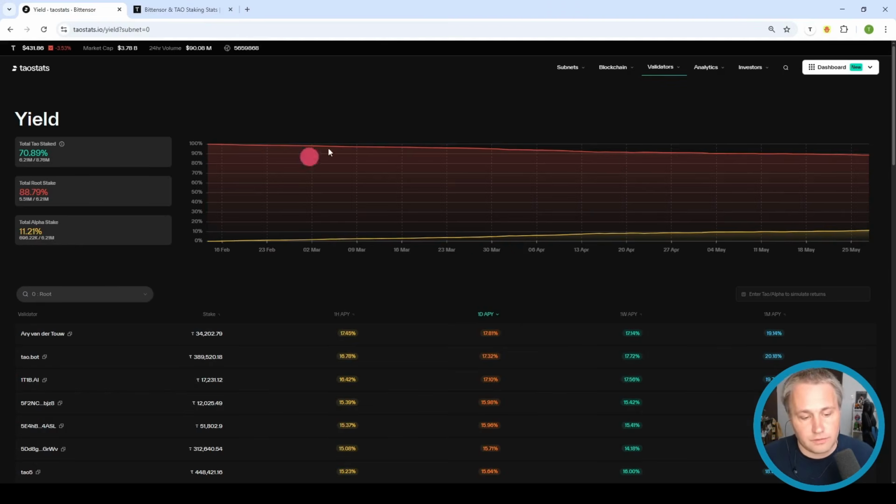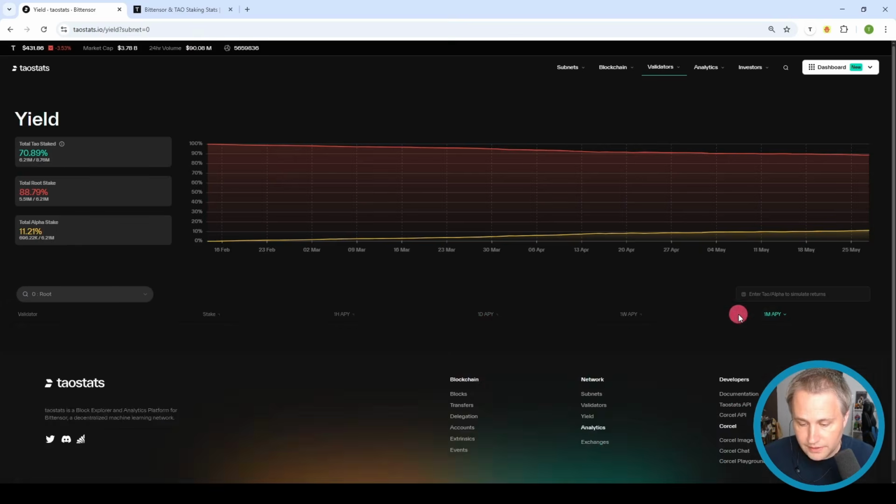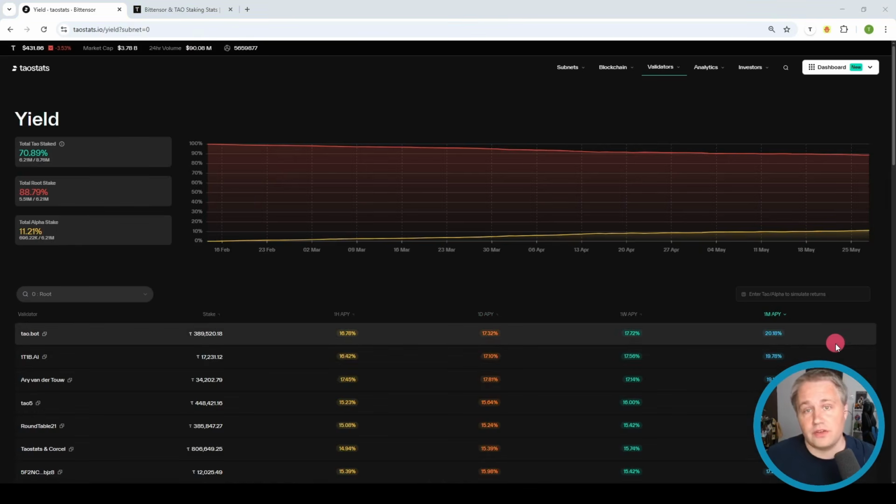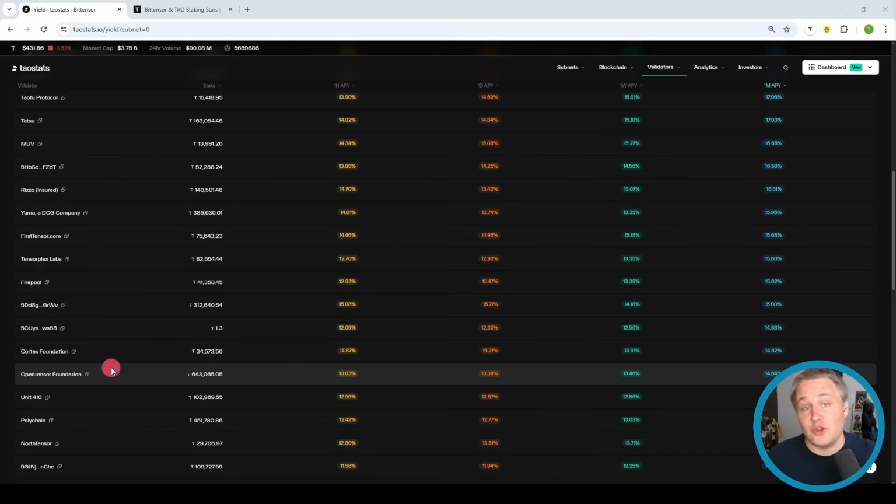And then if a validator is near the top in both of those, it's probably going to give you good APY. But first, just looking at the TAO stats yield here, I would organize by 1 month APY descending. The reason why I do 1 month here is because that gives me a better idea as to how they perform over time. And since no validator has sponsored this video, we're going to stake with the OpenTensor Foundation. Hint, hint,